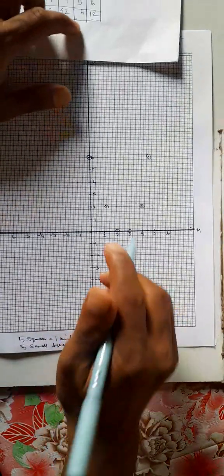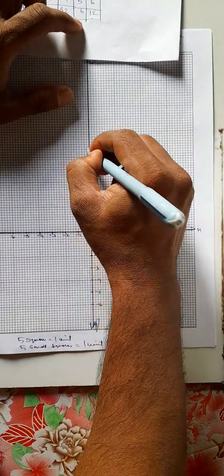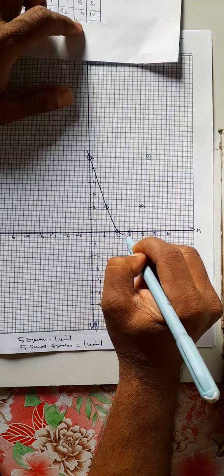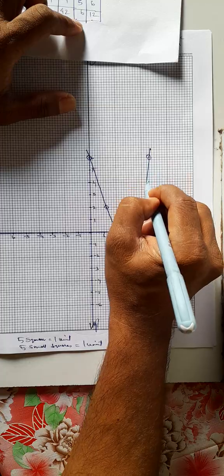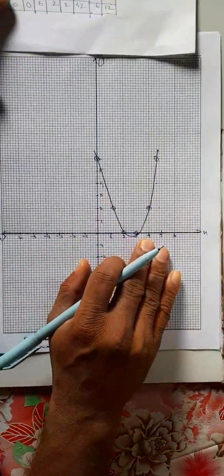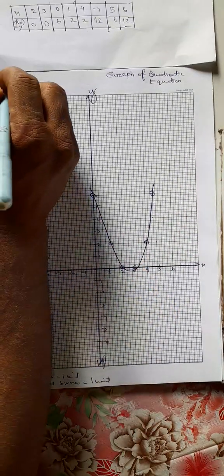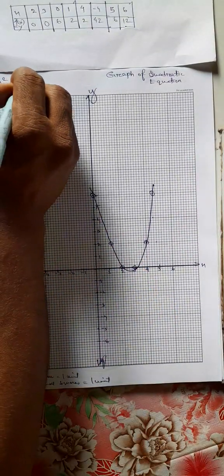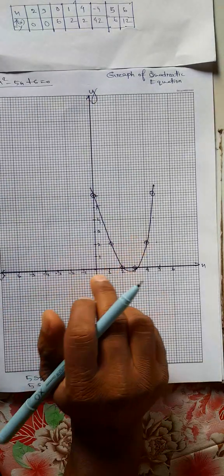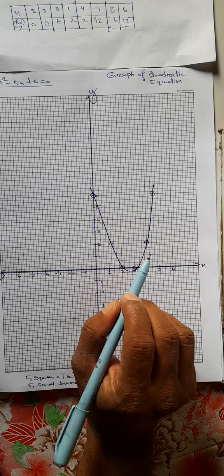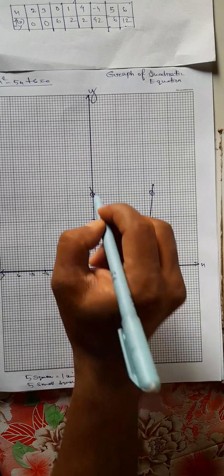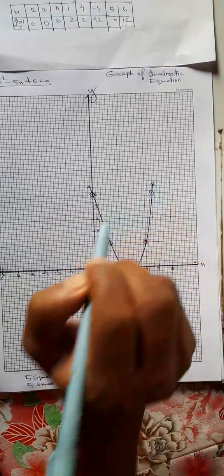So if you draw the graph of this equation, it looks like this, right? This is the graph of the equation x square minus 5x plus 6 equal to 0. It's a U-shaped graph. This graph is U-shaped. Now you see,